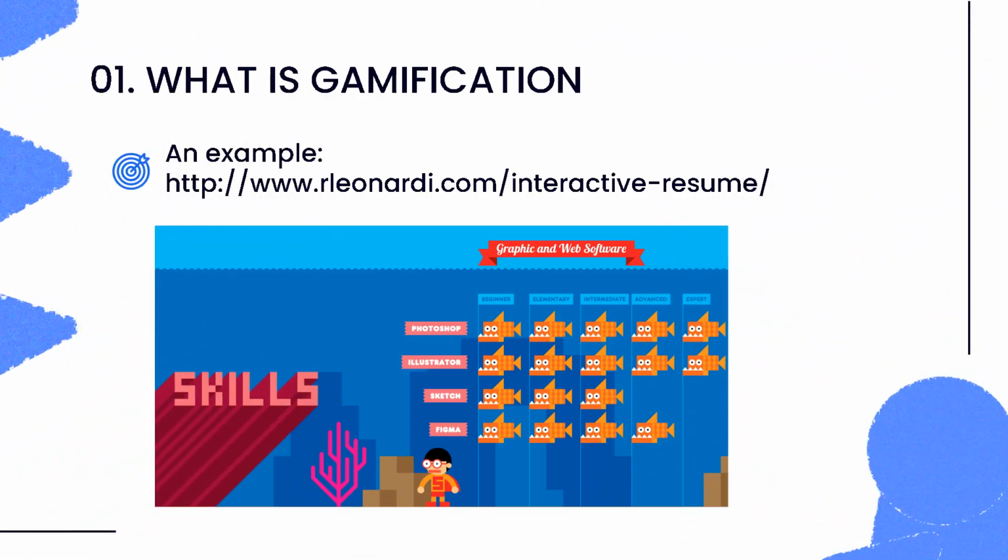An interesting case is Robbie Leonardi's website. In order to navigate the website, the user must dive into a sort of game. The levels will represent the stages of his career, and this will show the CV of Robbie. The website is designed applying gamification. Please see the website to understand better what gamification is.